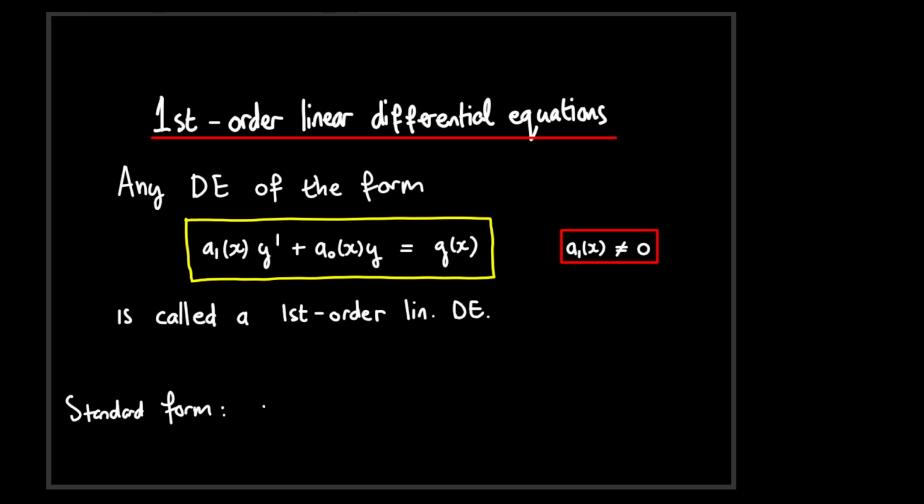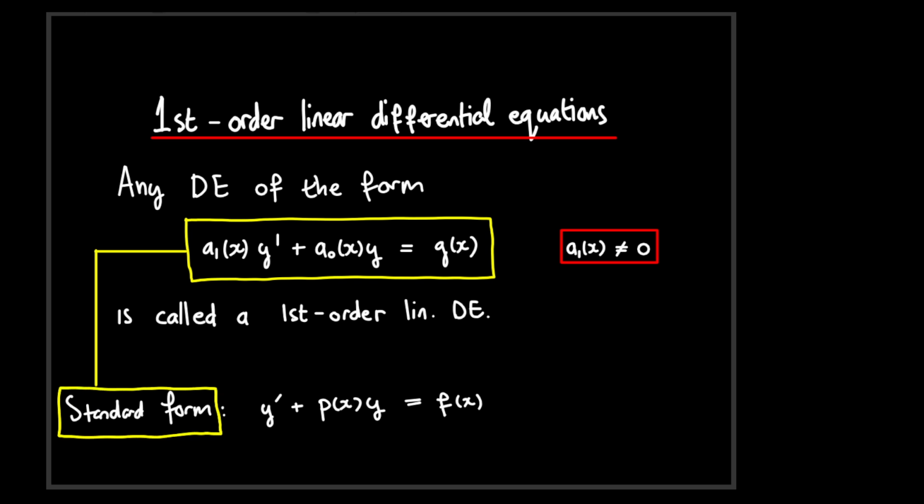So firstly, if we divide through by a1 of x, the leading coefficient of y prime will just be 1. And then here we'll get some different function, which we're going to call p of x, times y. And then dividing g of x by a1 of x, we're going to get some other function, let's say f of x. Okay, so once we have transformed this equation into standard form,